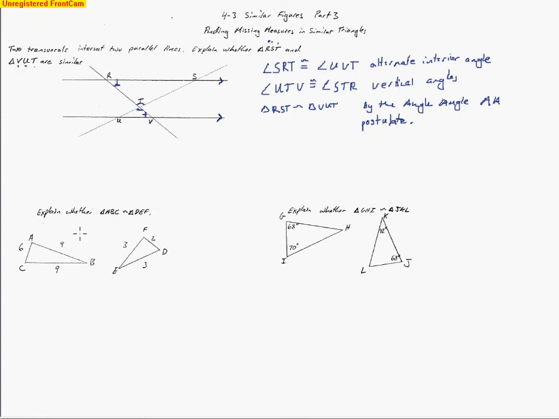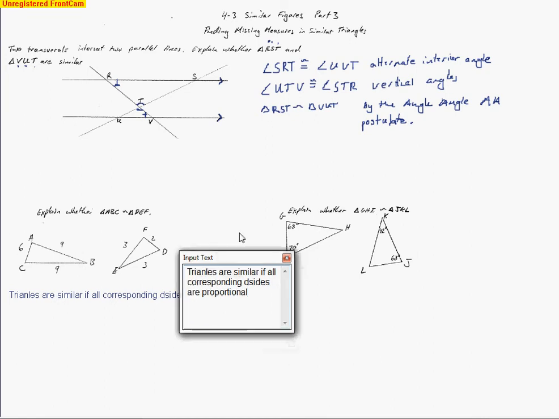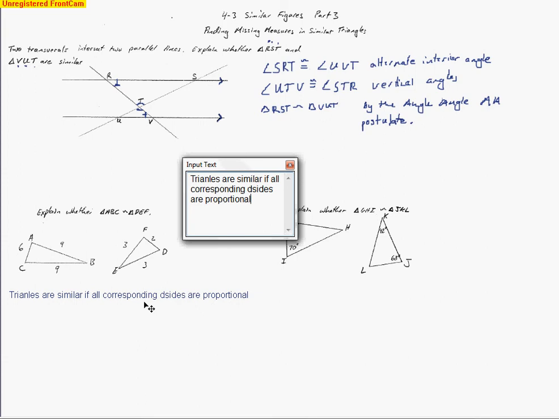And here we're supposed to explain whether the triangles are proportional. And so when we take a look at triangles being proportional, we can say that triangles are similar if all corresponding sides are proportional. So again, triangles are similar if all corresponding sides are proportional. And so if I look at a side right here, AC, and its corresponding side, FD,